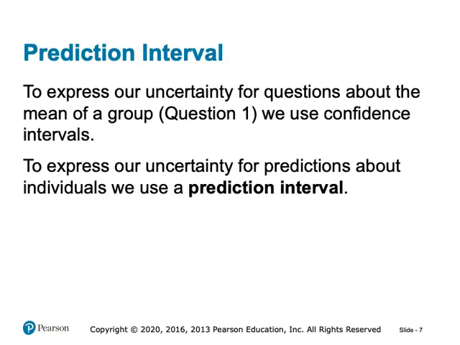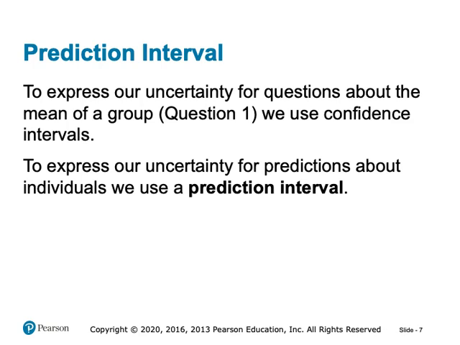To properly quantify the uncertainty in our predictions, we use specific statistical tools depending on the type of question we're answering. When we're concerned with estimating the mean value for a group, such as in question 1, where we asked about the average mercury level in all fish at a given pH level, we use confidence intervals. Confidence intervals give us a range within which we expect the true mean of the population to lie, with a certain level of confidence, typically 95%.